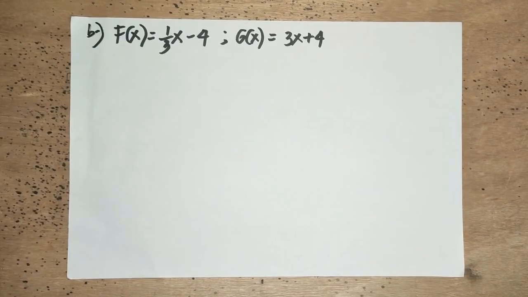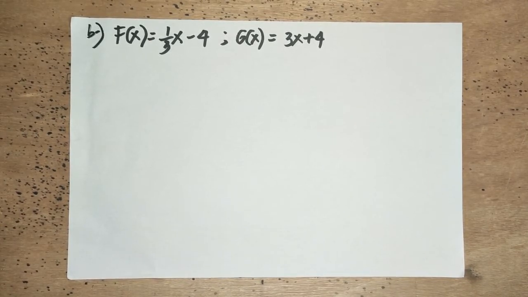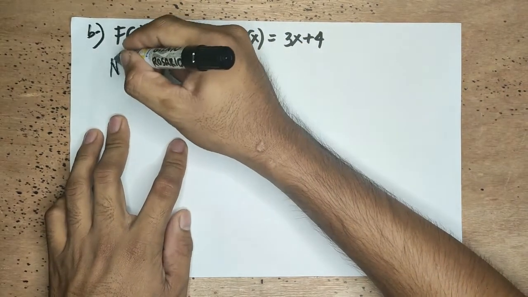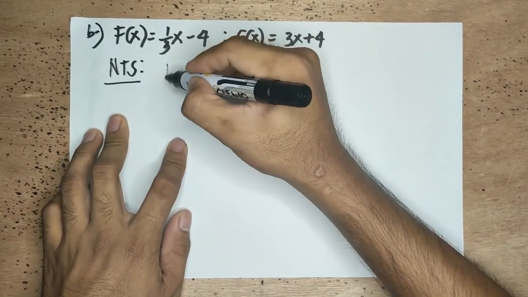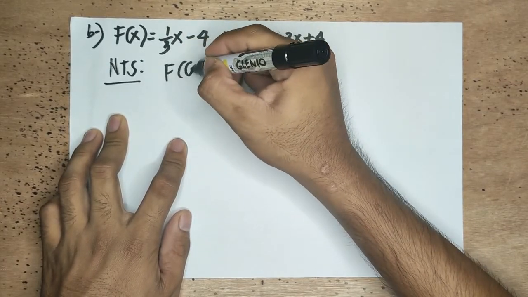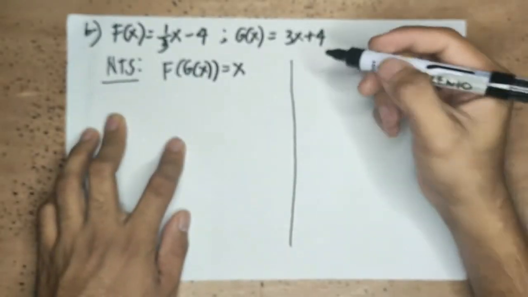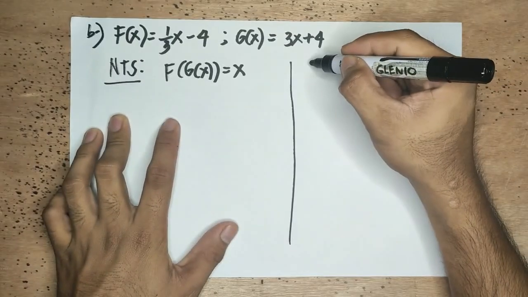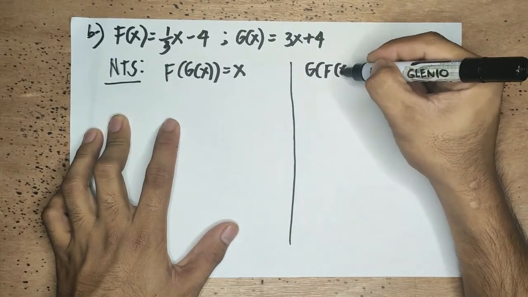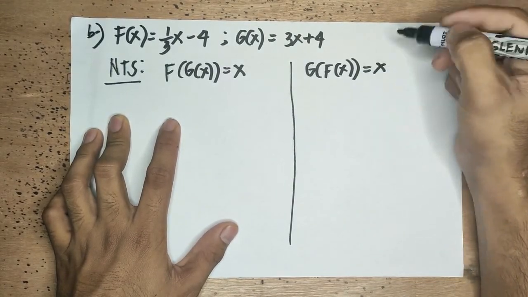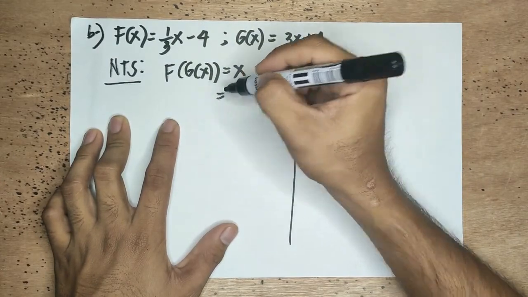Okay? So in this example, we try to verify if the given pair are inverses of each other. So we use the same method in the previous example. Okay? So we need to show here that f of g of x is equivalent to x, and similarly we need to show also that g of f of x is equivalent to x. So this can be written as